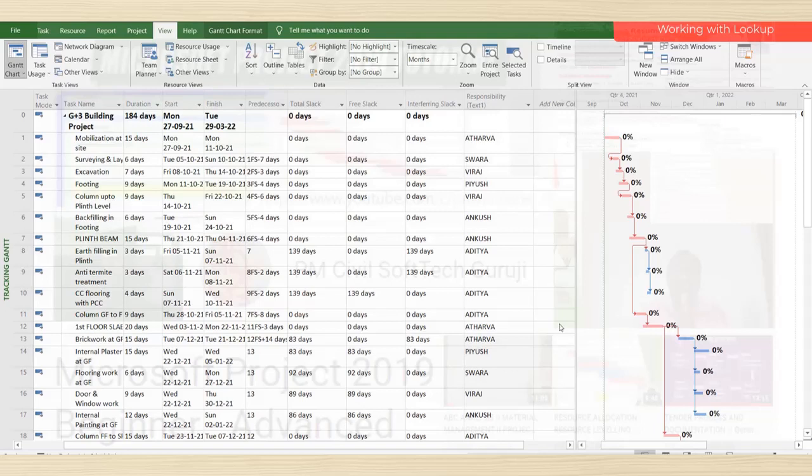Now in this module we will learn about the if and switch function. What is the use of if function and what is the use of switch function? So as far as